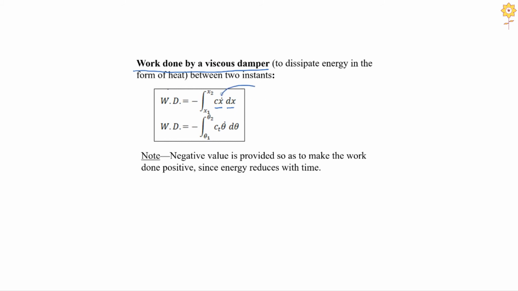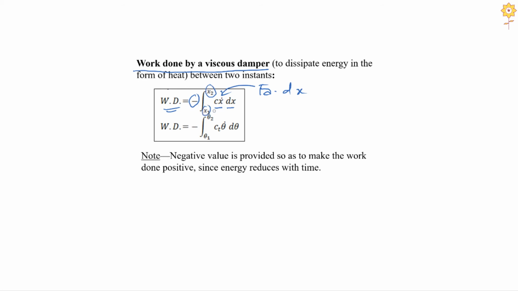So this basically is nothing but the damping force multiplied by the distance. So force multiplied by distance is nothing but the work done, right? So the reason why I am putting minus over here is that work done is always positive, right? If I am integrating this and applying the limits first with respect to x2 and then with respect to x1,